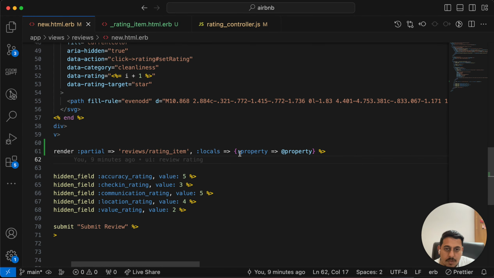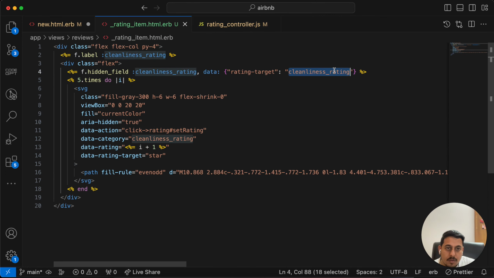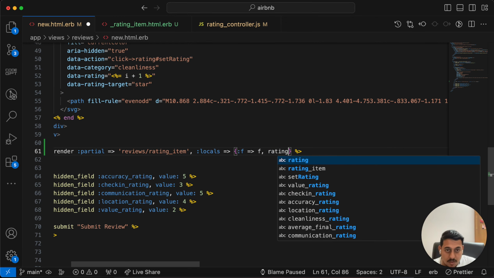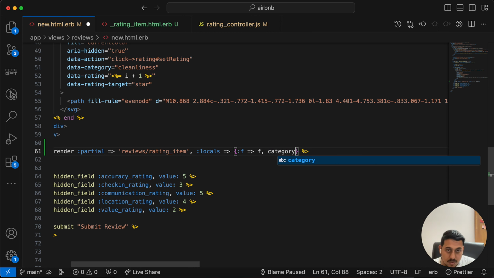And locals should be F, and it should be F directly, and the other one is category. Yeah, category rating, and that should be